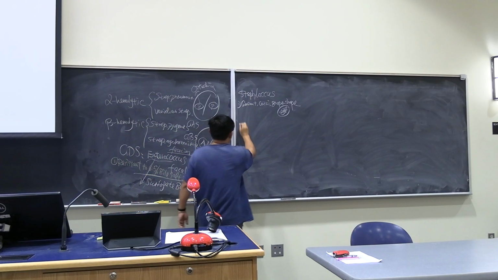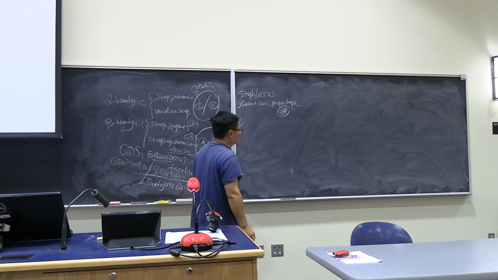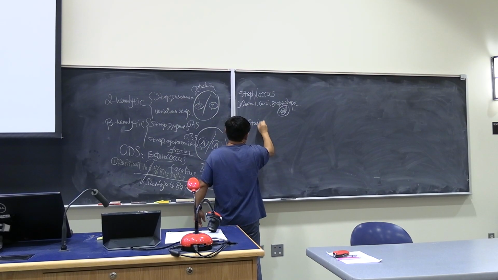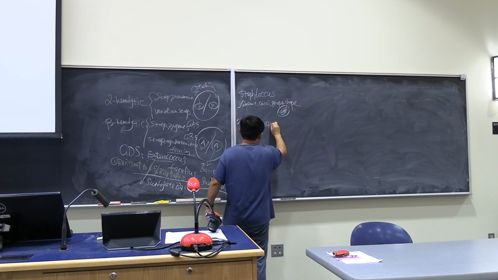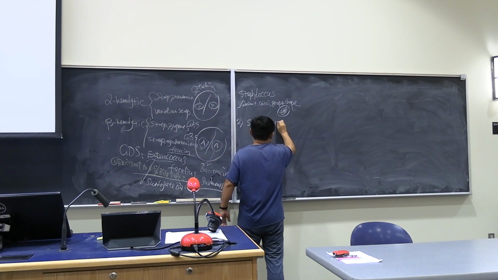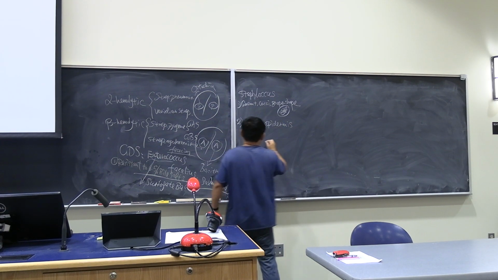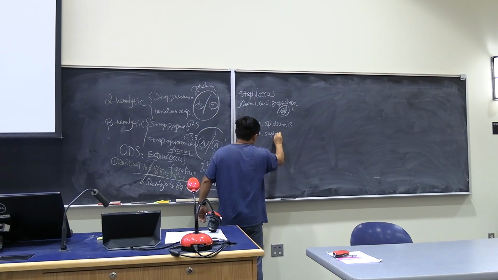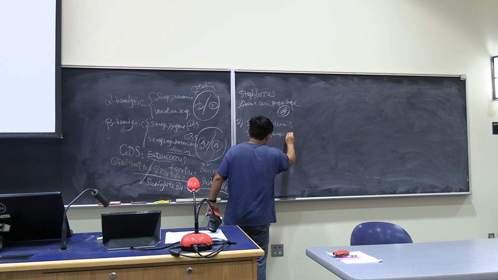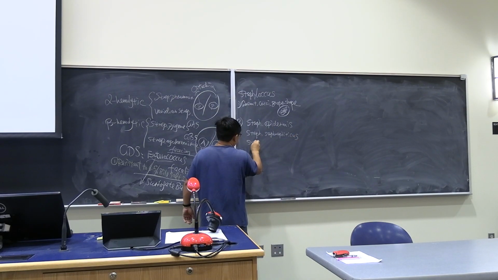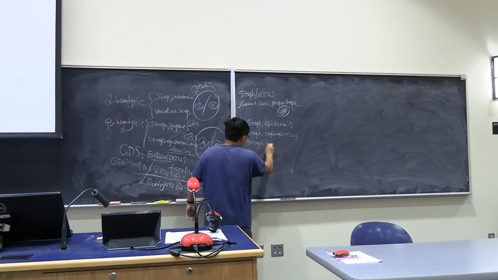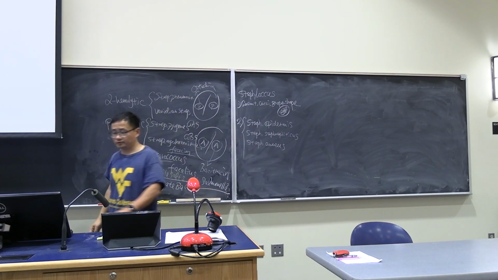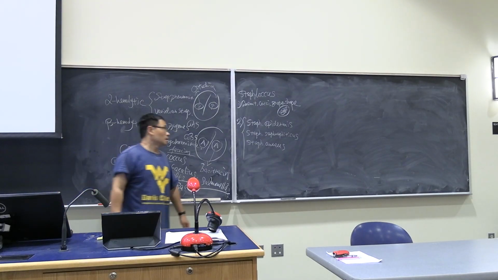Now, what we're going to talk about is Staphylococcus. We want to talk about three pathogens. Staphylococcus epidermidis, Staphylococcus saprophyticus, and Staphylococcus aureus. Those are the three things we want to talk about. First of all,